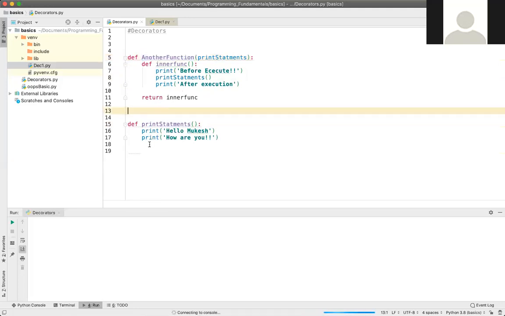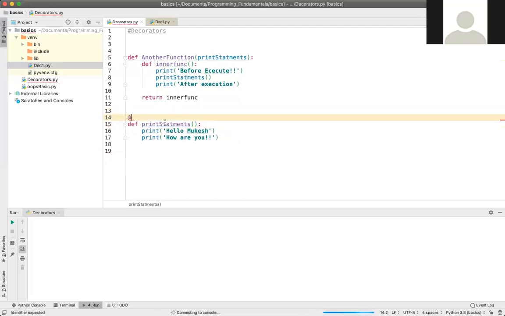Okay. Now if I call here directly, we have two approaches for calling. The normal one is creating one variable, assigning print statement and passing the other function. But for creating decorators, because this is the print statement function, this function we are not supposed to change, but it is going to be decorated.